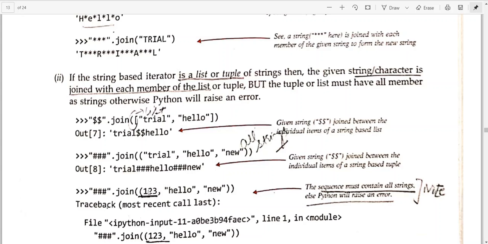It is identified by the fact that it has not been put inside double quotes, so it will be an error: sequence must contain all strings. So if you want to use this join function, everything written inside it should be written inside double quotes, and then only it will be acceptable.